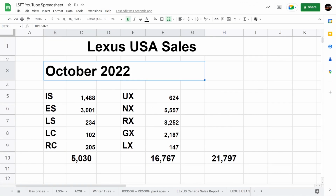So at the time of recording this video, Toyota has not released a press release providing the breakdown of each model and even the amount of electrification, which ones are hybrids or plug-in hybrids. The only information that I've been able to pull is information regarding the 21,797 units and the breakdown by model. So you see here we have the breakdown per model, and when you look at the car division, it's about 5,000 vehicles sold in October, whereas the SUVs, the truck division,